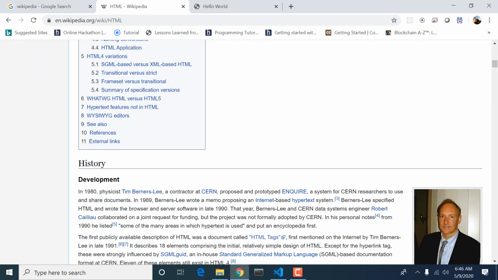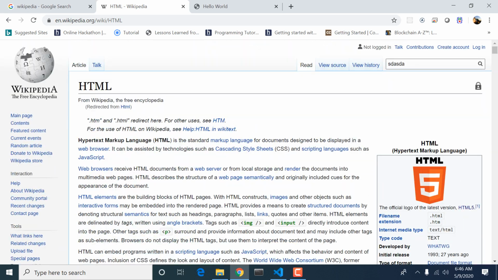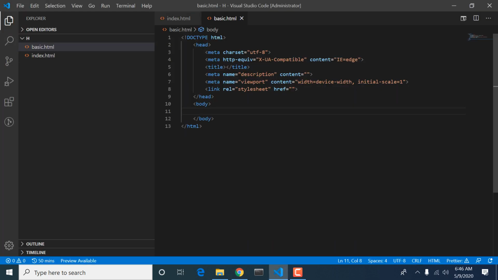HTML just makes this search bar. If I set a background color, then CSS will give this search bar a color, and JavaScript will start operating it. Okay, so let's come to our topic.